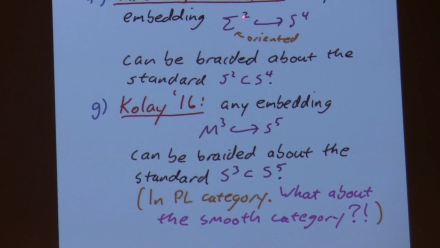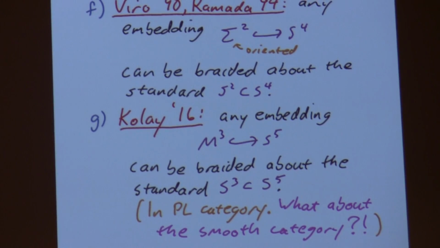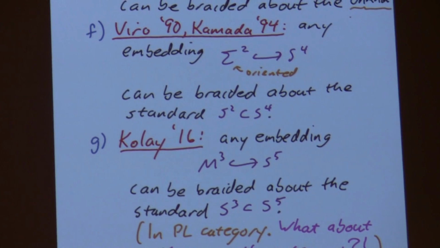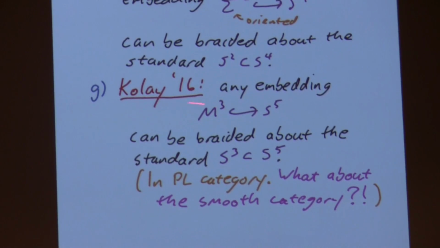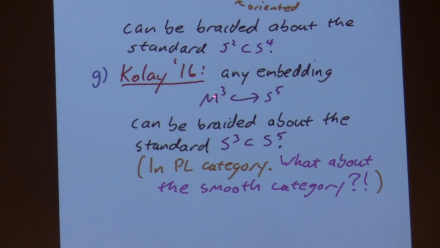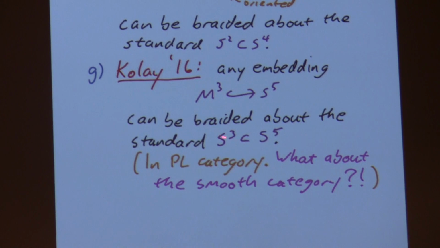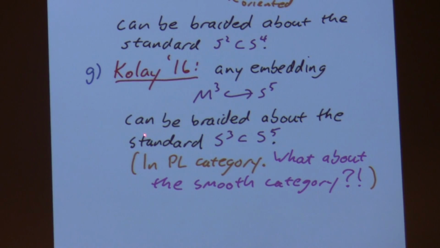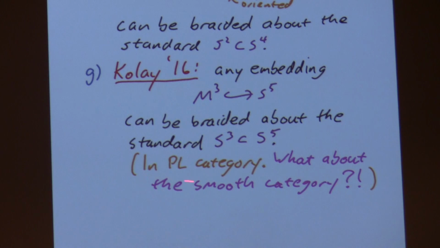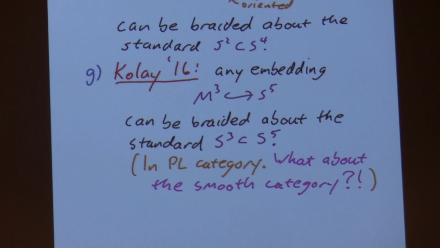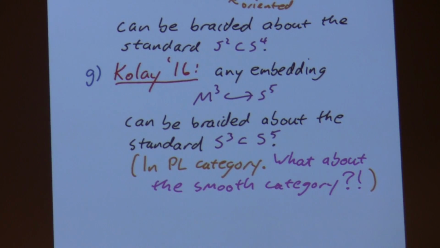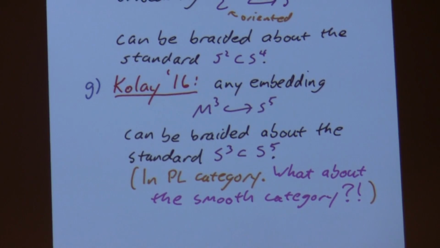And actually, Kamada has given, I think, at least a couple of different proofs over the years. And then very recently, a graduate student at Georgia Tech, Calais, has proven that a 3-manifold can be braided about S3, the standard S3. The one caveat, which is not true in these other two cases, is that at the moment the proof is only in the PL category. And we'll see below that you would much prefer to have this in the smooth category. So it'd be great if, over time, this could be upgraded to the smooth category. But still, it's nice to know there are at least some braiding results for 3-manifolds in dimension